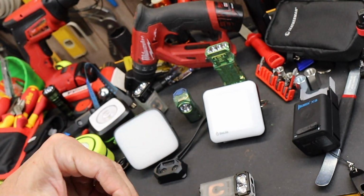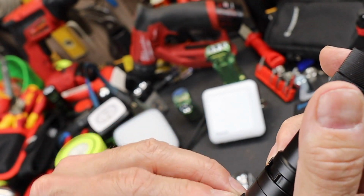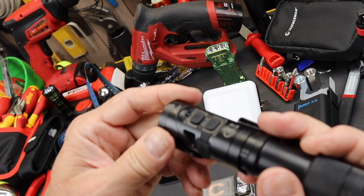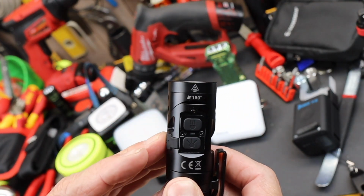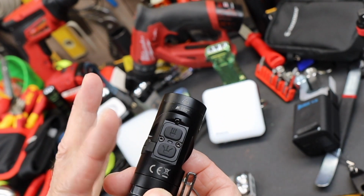Whoops, close up that. Notice this extra little silicone insert that fits into the USB-C port. So when you actually seat this in, it's really snug. It's not just the usual port cover that, you know, kind of flops in. But anyway, I've got 2 switches here. I've got the top one,